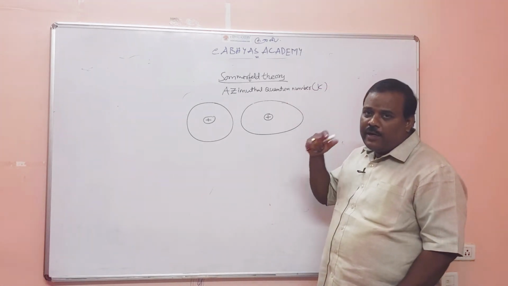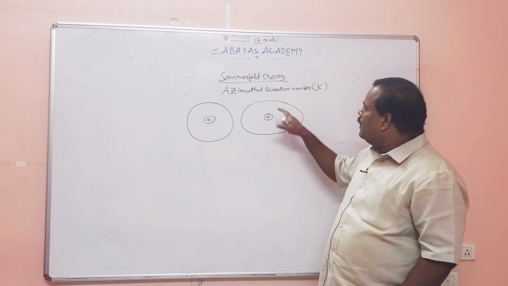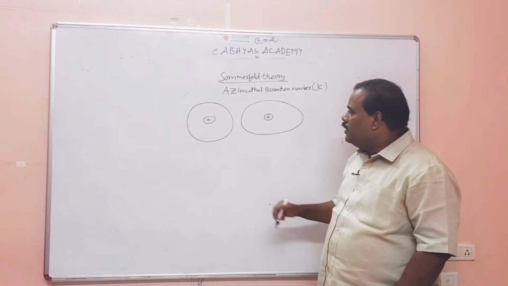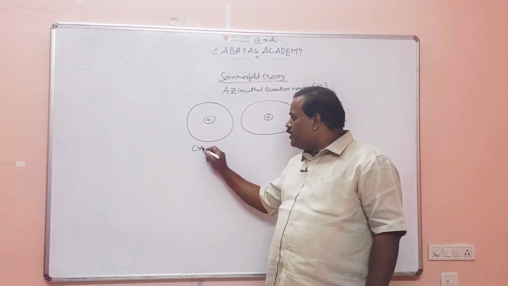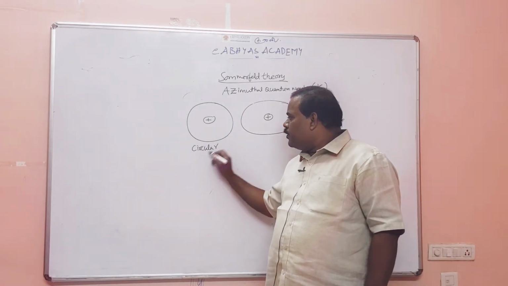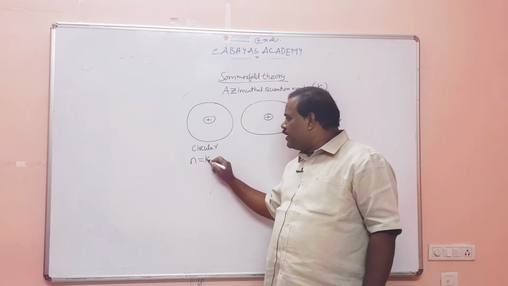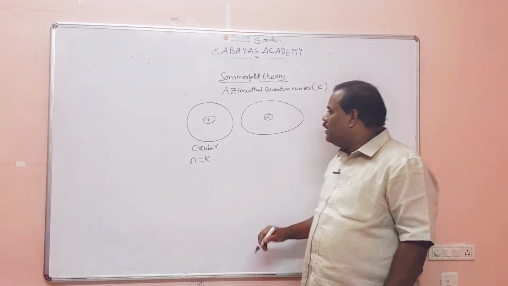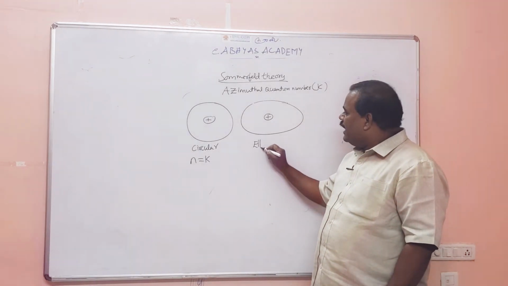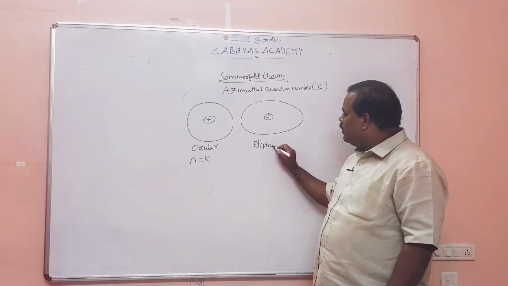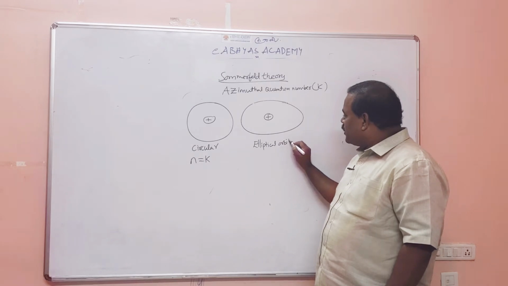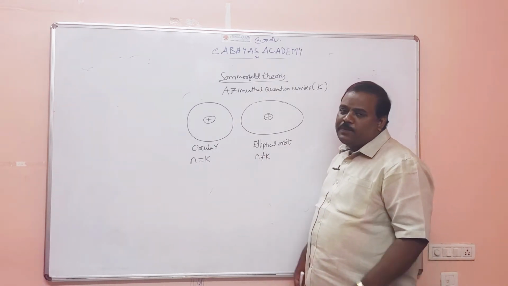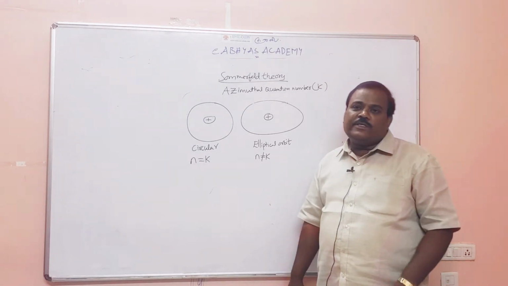But in the earlier days of this theory, azimuthal quantum number was denoted by K. For a circular orbit, the important relation is n is equal to k, means principal quantum number is equal to azimuthal quantum number. Whereas in elliptical orbit, the important relation is n is not equal to k, means principal quantum number is not equal to azimuthal quantum